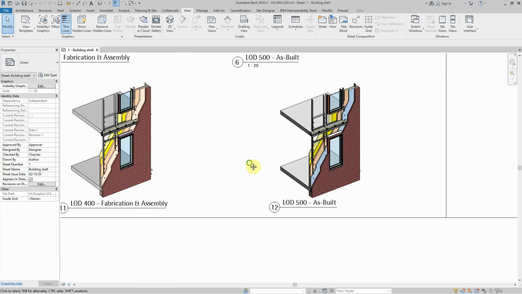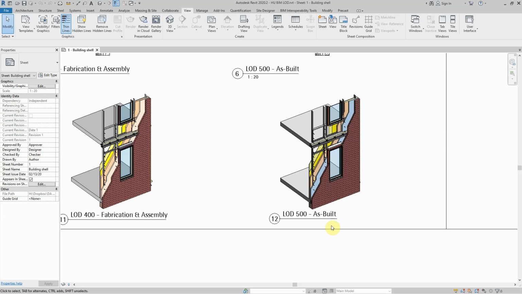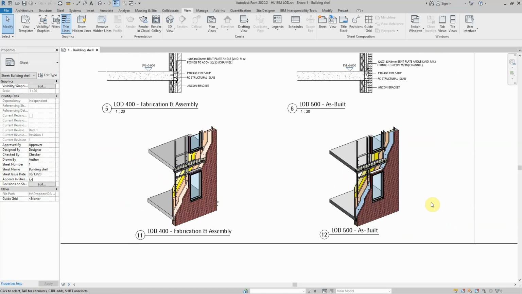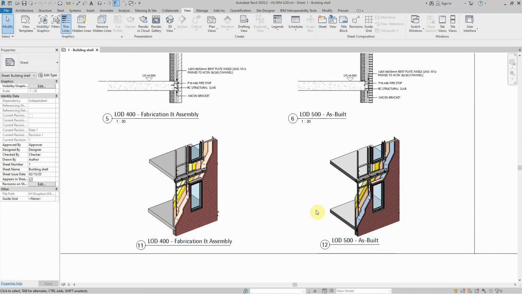Finally, we come to the LOD 500 or as-built stage. This is the final development of the model after the building is built. And in this instance, for example, the contractor told us that he's unable to find the insulation that we've specified here. The manufacturer has introduced a new model of that rigid insulation. So we re-specified the rigid insulation here, and just the blue color and the pink color differentiate these two.